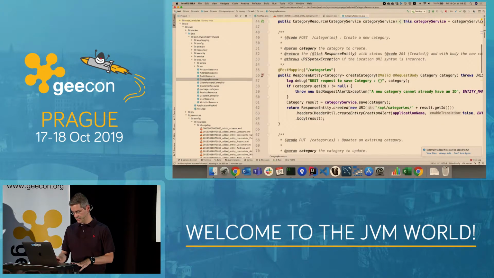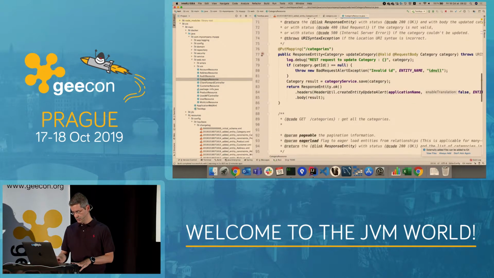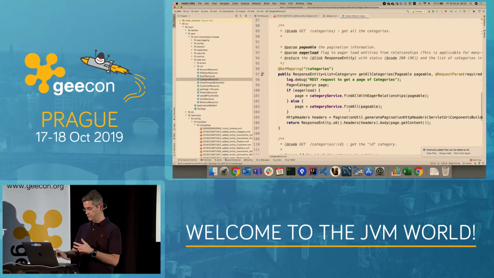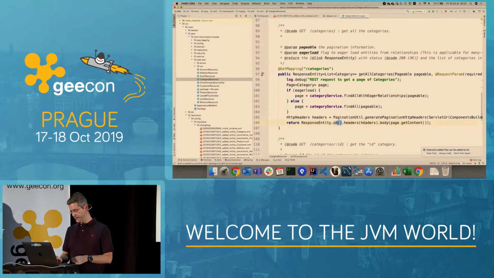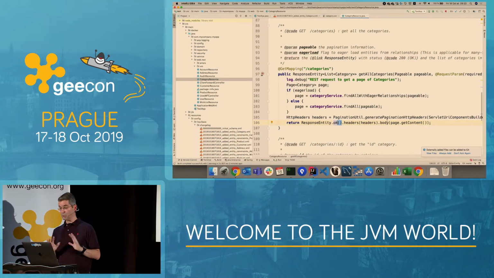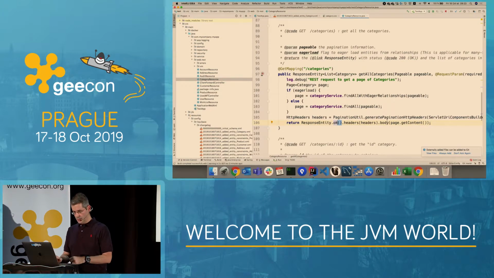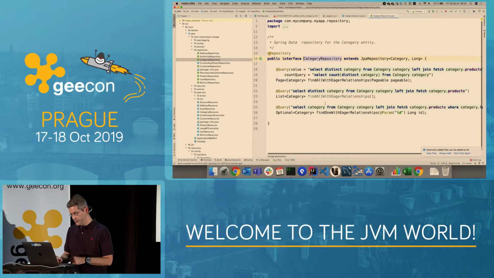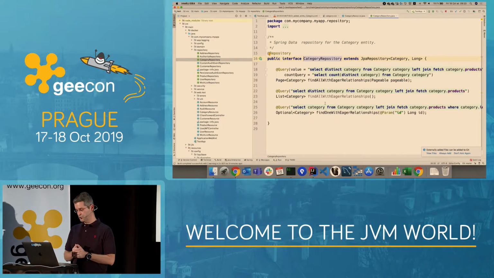We can have a look at, I don't know, usually I like to have a look at the get mapping. This is how you get all the categories. And so you can see that it's going to ask a service. It's going to use pagination, and it's going to return that everything is OK with the content. I would say pretty classical Spring Boot code. And if we just have a look at the repository, it's a classical Spring Boot repository which